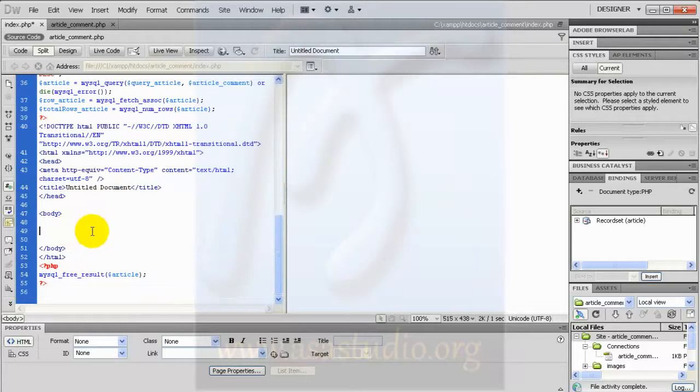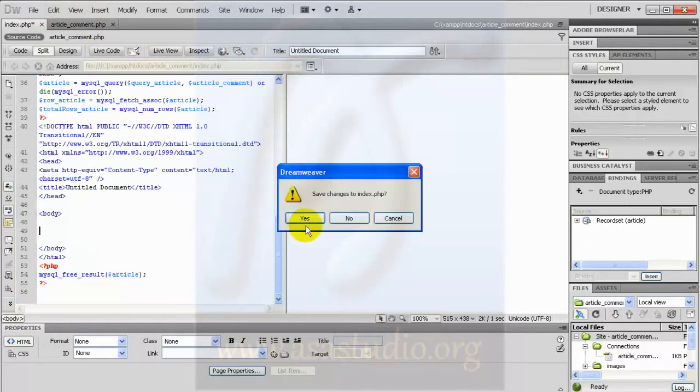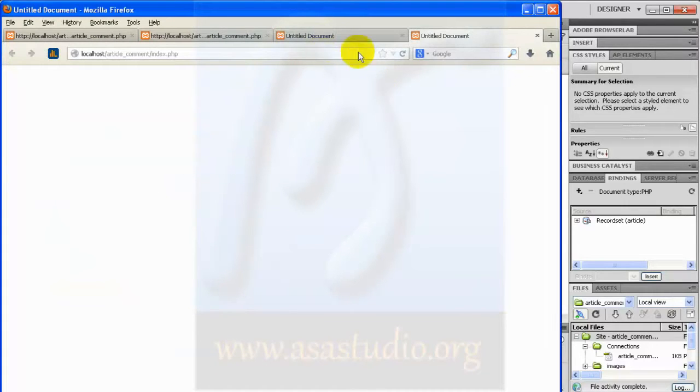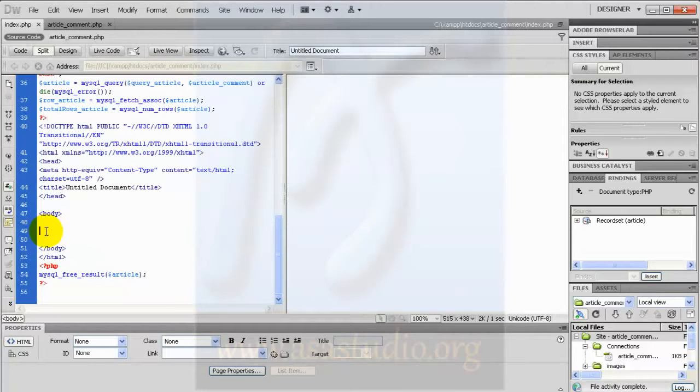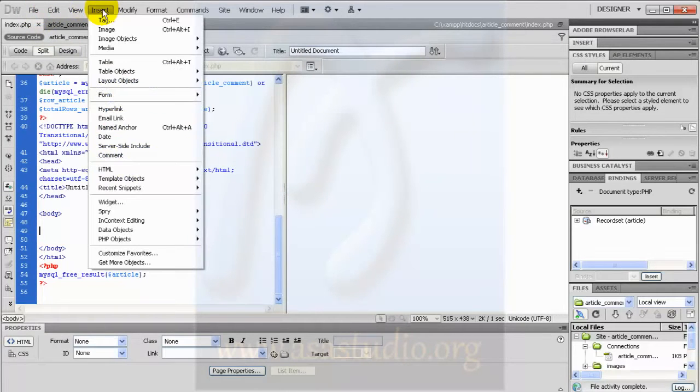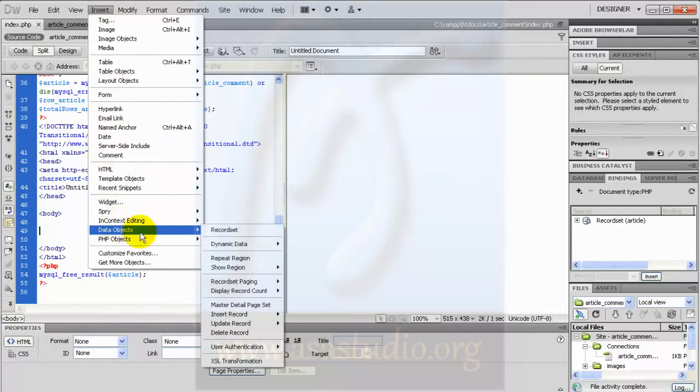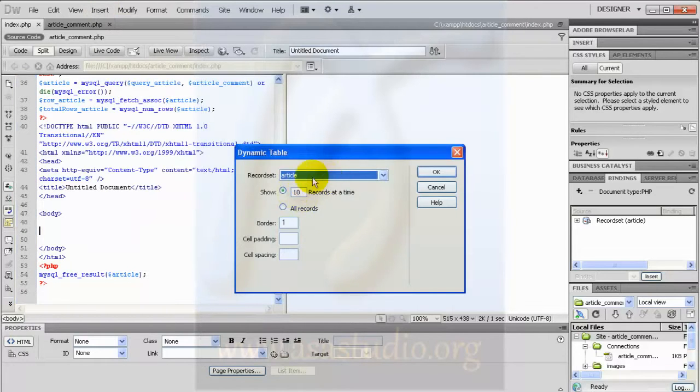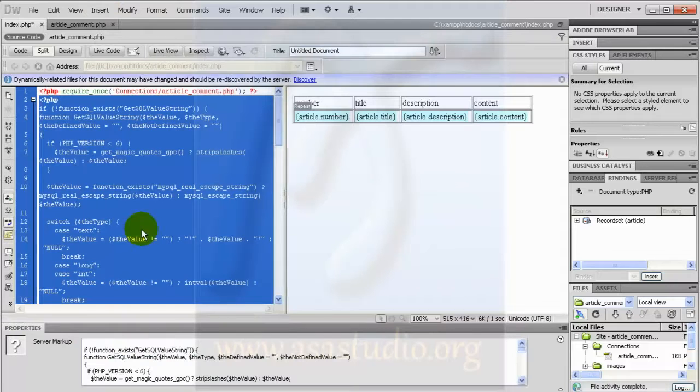Okay, I don't have anything here, and if I preview, I don't have my article. So I go to insert again, data object, dynamic data, dynamic table, and article, press OK. Now I have this